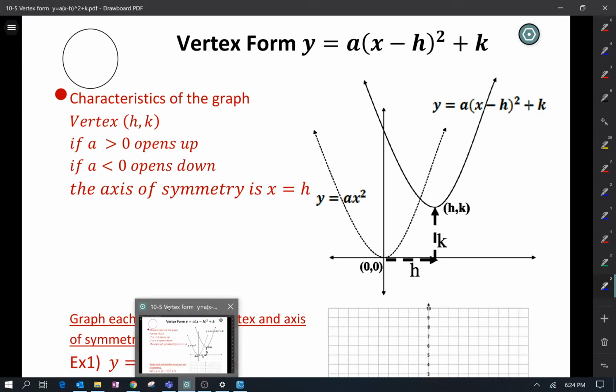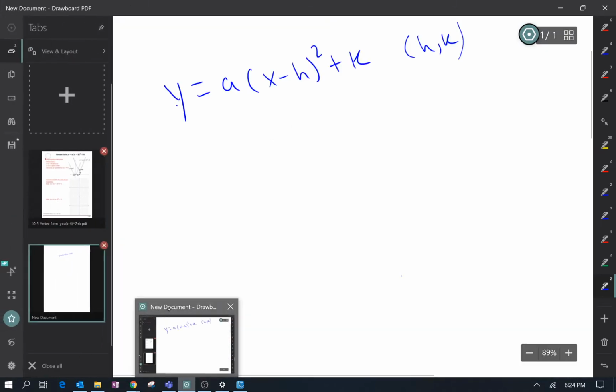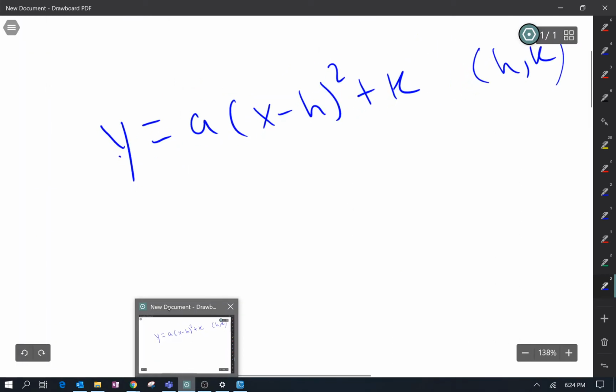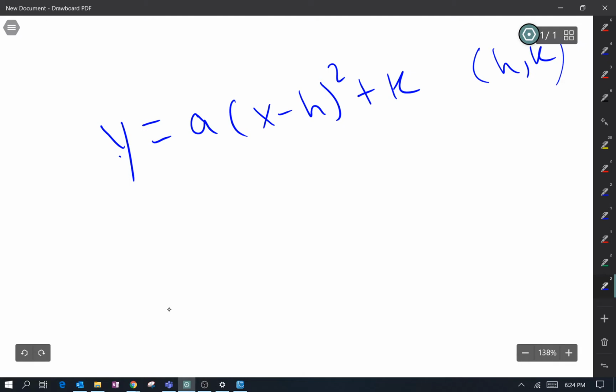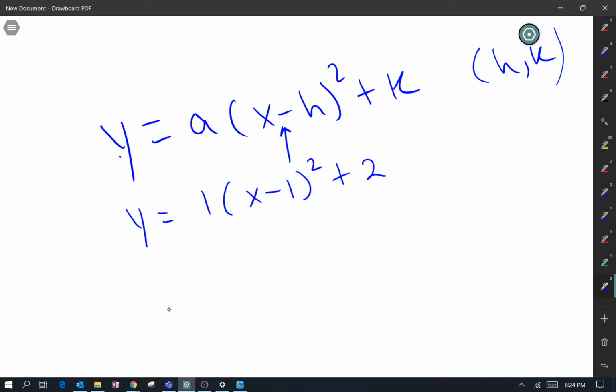This is the standard form for vertex form, right? It's something in this form, y equals a parentheses, x minus h squared plus k. So when you write things in this form, for example, y equals 1 times x minus 1 squared plus 2, you know that the vertex of this quadratic equation,